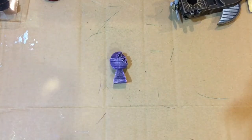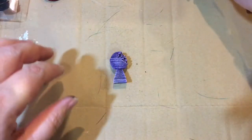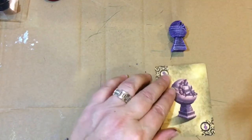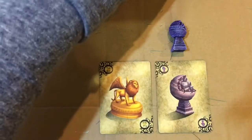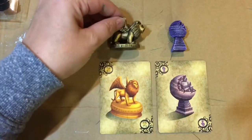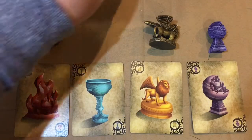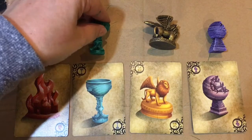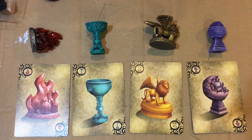So that's it. That's them done. I'll set them up so that you can see, and then I'll take some photos over there where the lighting is much better than here. But hopefully that's given you an idea of how you can do your own. Very, very easy, as I say. No painting skill needed whatsoever. This one and this one. That is your Forbidden Island